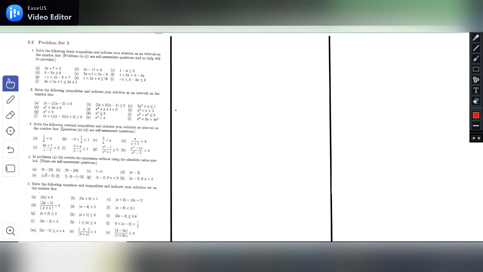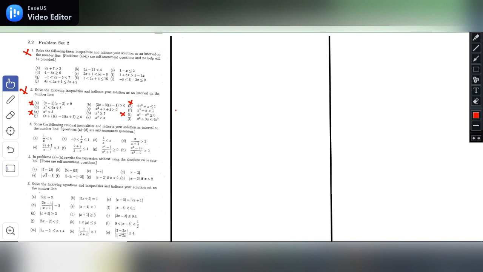So in this lesson we'll be continuing doing the inequalities. Remember, in the first video we talked about problem set 2, example 1. Now we're going to do example 2, whereby we're going to focus on A, C, the same thing, then we can do G. After doing G we can do I. These are the questions that we are going to focus on, and the remaining ones you can do them,